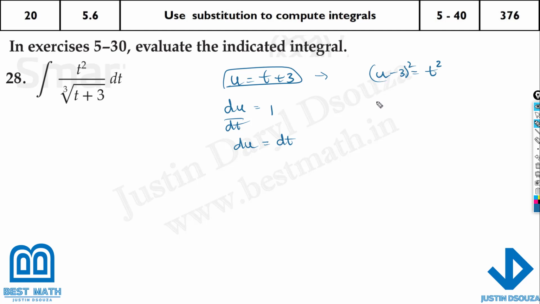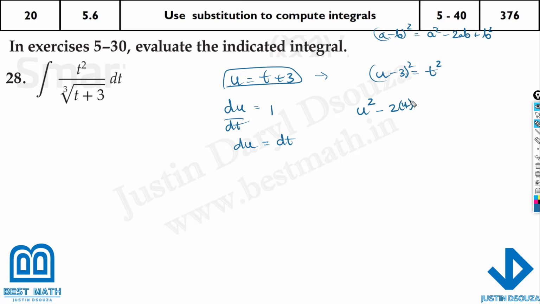And now apply the square. This is the (a minus b) whole square identity. It will be a squared minus 2 times ab plus b squared. Same way we write u power 2 minus 2 times